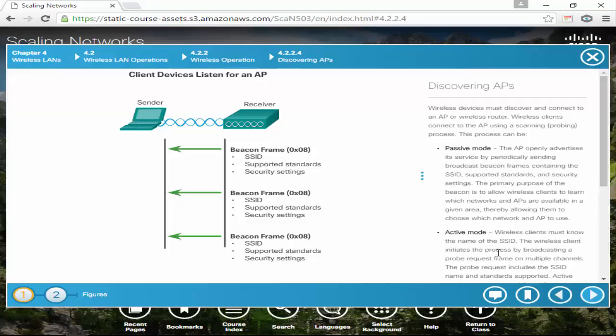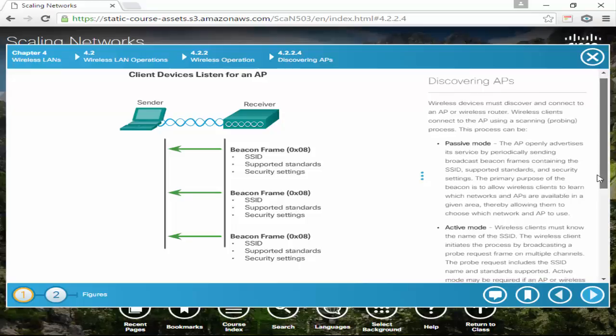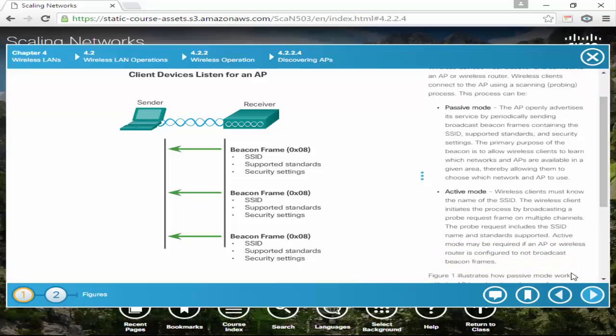So active mode is the opposite. So remember, passive means, active means you actually have to try. So wireless clients must know the name of the SSID. The wireless client initiates the process by broadcasting a probe request frame on multiple channels. The probe request includes the SSID, the name, and standards supported. Active mode may be required if an AP or wireless access point router is configured to not broadcast